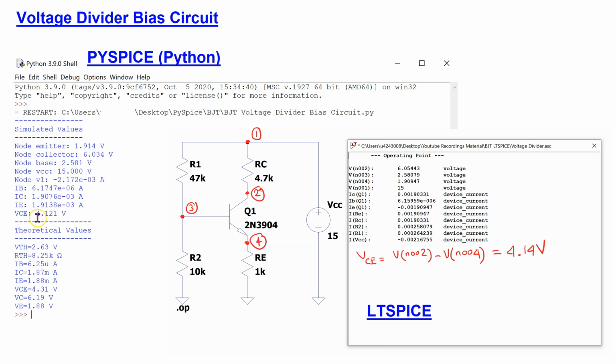For instance, the PySpice simulation result for IB is 6.17 microamps. The corresponding theory result is 6.25 microamps, and the LTSpice simulation result is 6.16 microamps. Similarly, we can compare other parameters such as VCE and IC values. Please pause the video now if you wish to do this in more detail.